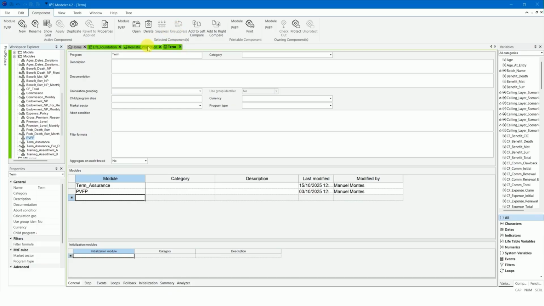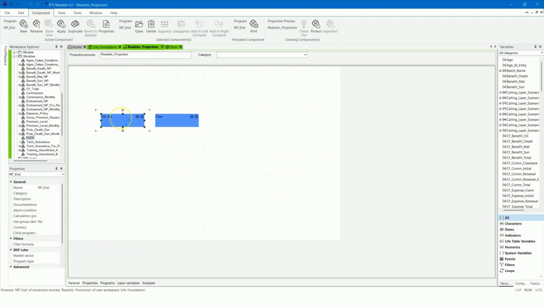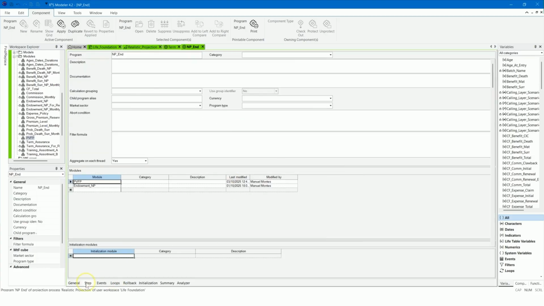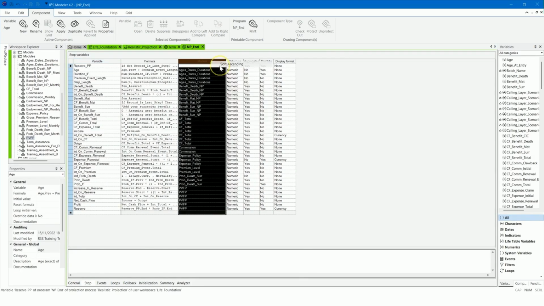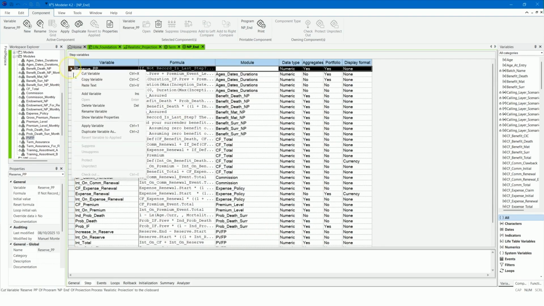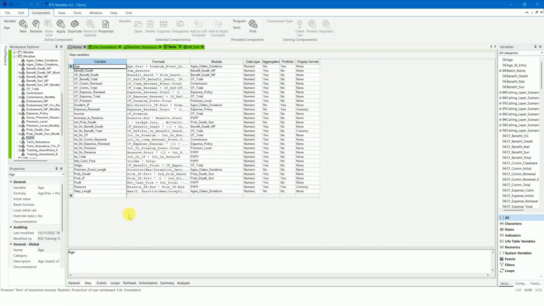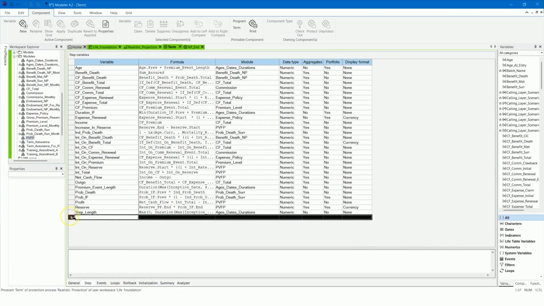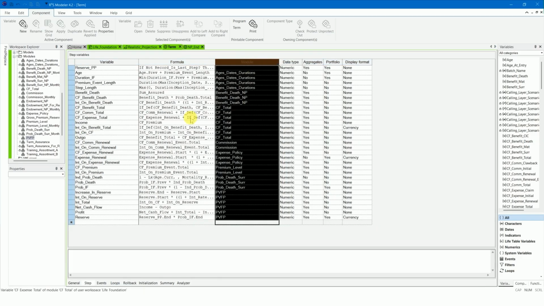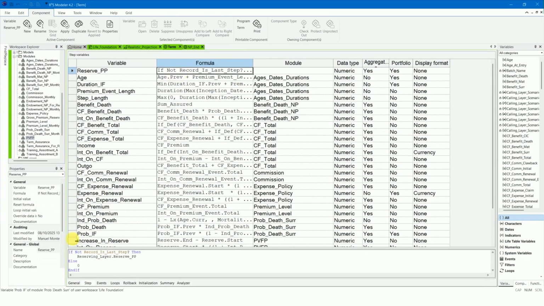You can copy it from the NP End program. Similarly, add a term program to the reserving projection process with the modules Term Assurance and Gross Premium Reserve.